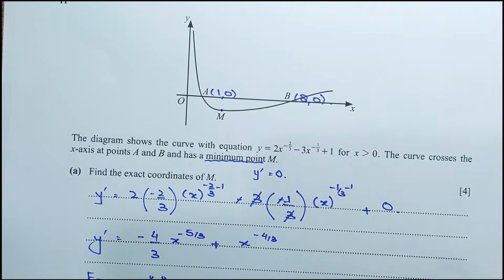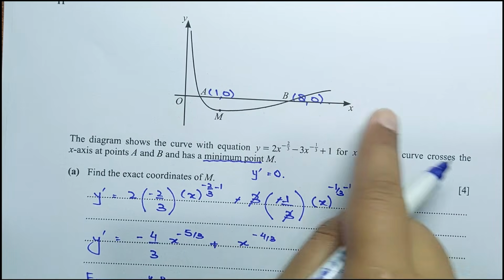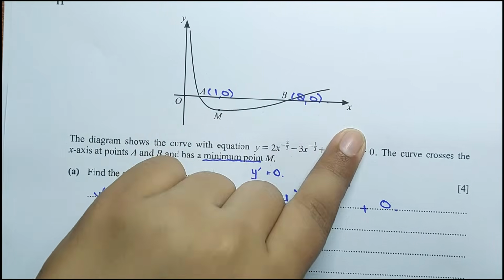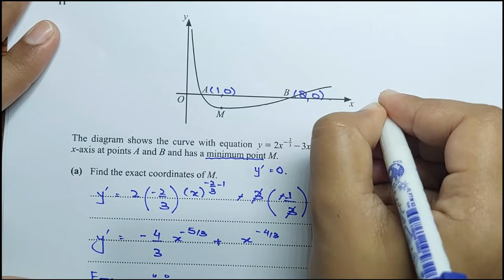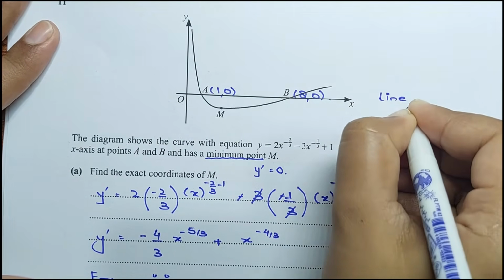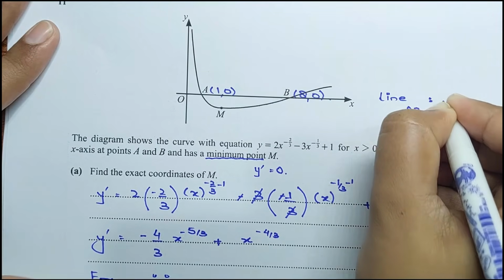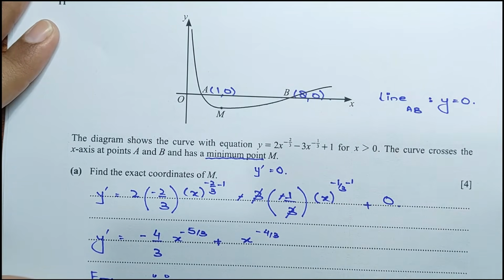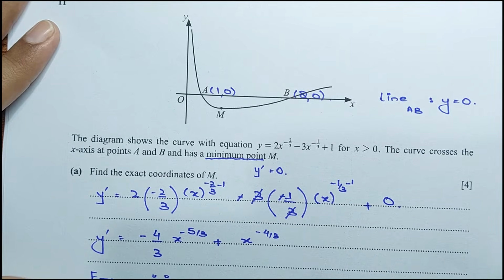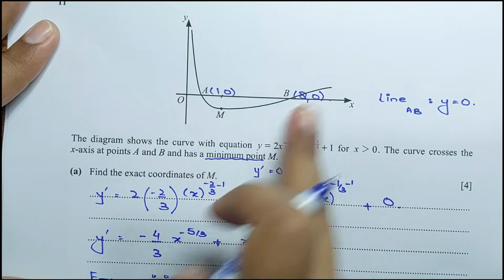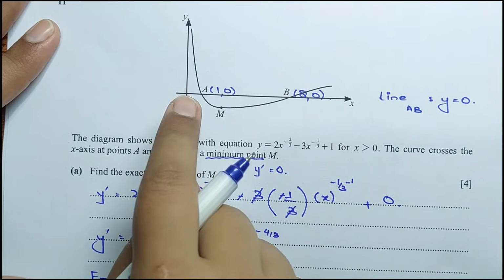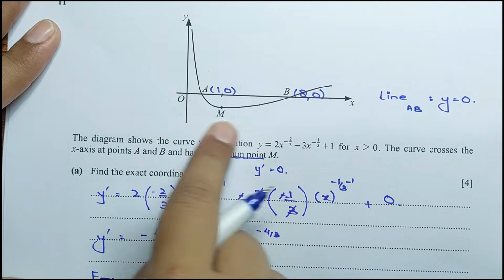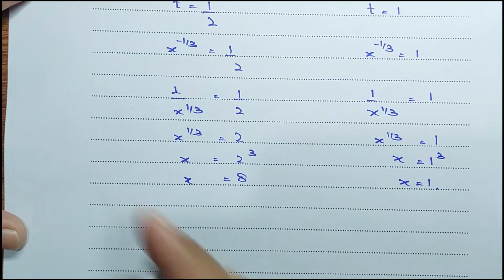All right, and the line AB, as you know, is the horizontal line. This line is y equals to 0. So we can say that the line AB is basically y equals to 0. Right, now we have to find the area of the region bounded by the curve and the line. So the line is at the top of the curve. So integrate the line, subtract the integral of the curve. Okay, so we can say area